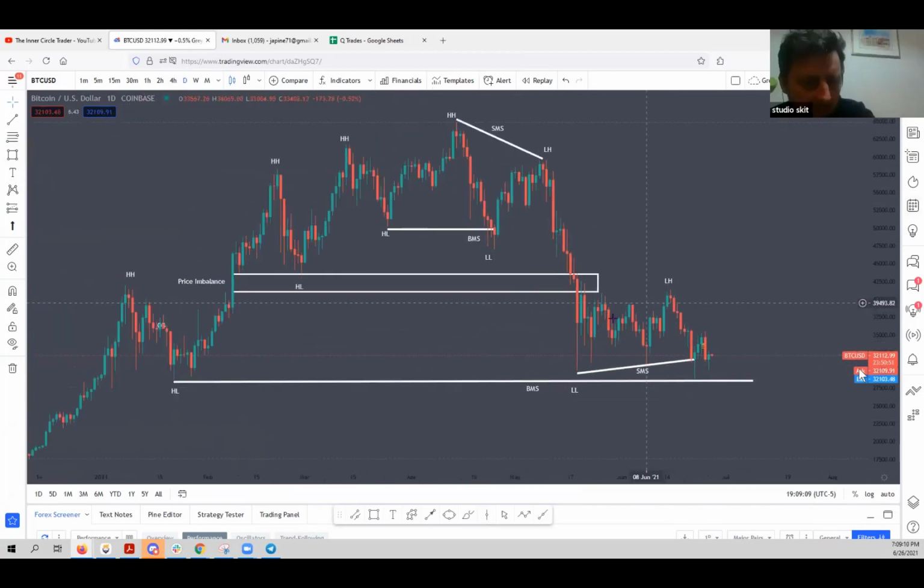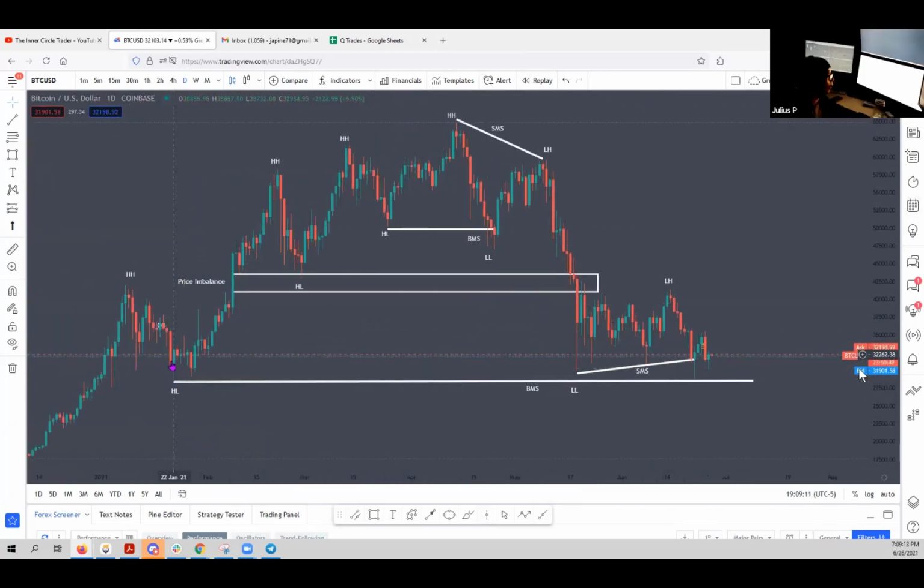Okay. See this right here? You see this, right? Grab the bottom of the wick, bring it all the way across. That's your BMS line. Price has to BMS this in order for us to have confirmation on a daily that we are on our continued trend to the downside, right? It has to,